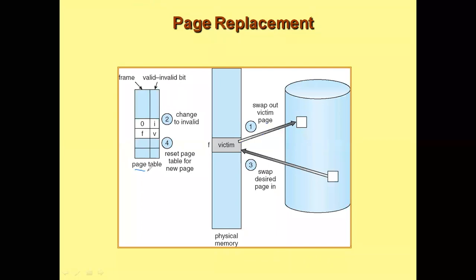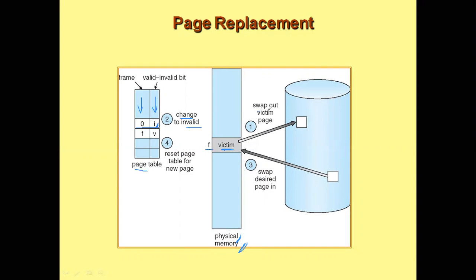Clear? Now, here we have a page table, and look at this. These are the frame numbers written over here, and this is the bit, valid and invalid. Initially, there is a frame with 0, and it is I, that is invalid, so it is not in the main memory. So what happens is you will have to find which page in the main memory has to be replaced. That is called the victim page, and this victim page has a frame number F.